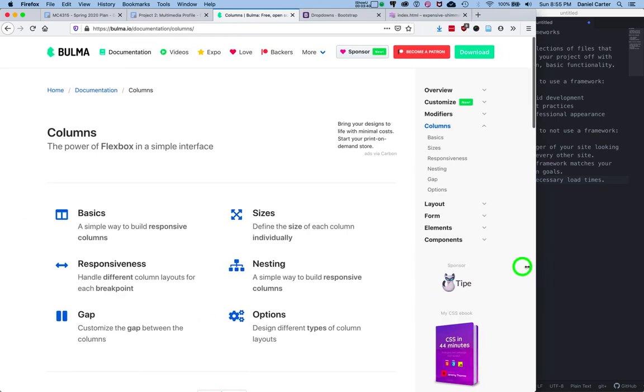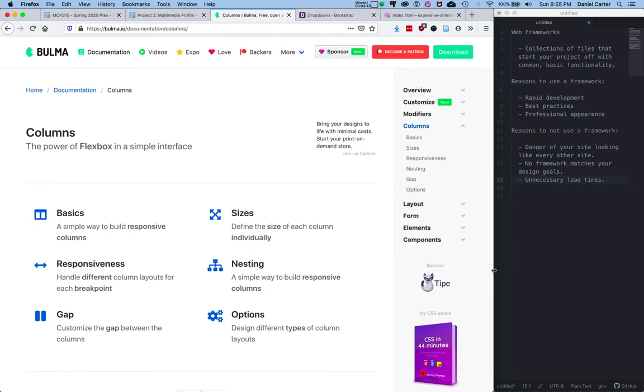We want to be able to define different columns on different sizes. So one of the main things that CSS frameworks do is give us a really quick way so that instead of spending your time building out your grid and doing your responsive CSS, you're just spending time really thinking about your content and your design and what you want the page to say and how you can use